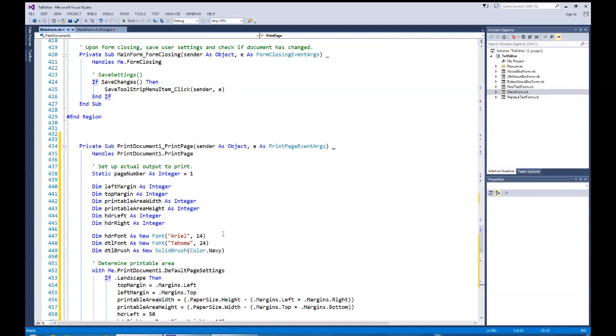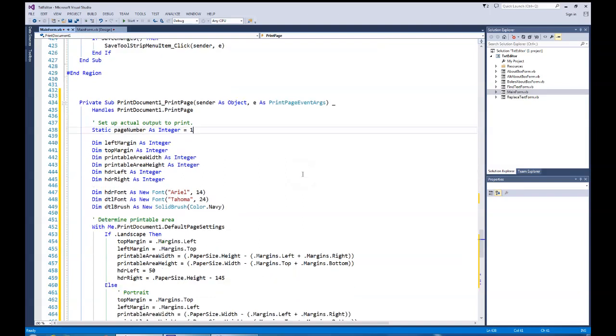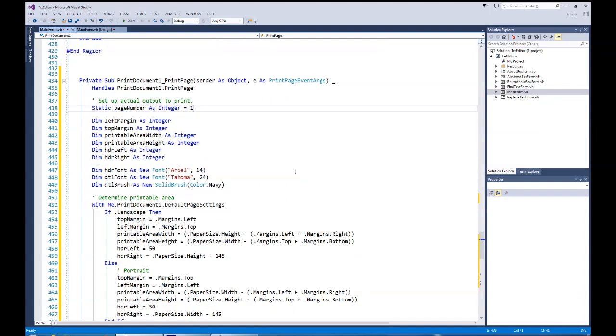Okay, let me come back up to the top here where we begin our print page. One of the things I wanted to have in my page is a page number. So I'm going to initialize the page number as an integer with the value of 1 for my first page. And I've defined it as static. Now, if you do not understand what this static reserved word does, basically the page number will hold its value even after we leave this particular procedure. So when I come into the procedure again, whatever value I have for page number will have been retained, and I can continue on